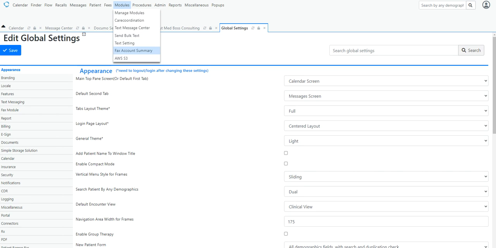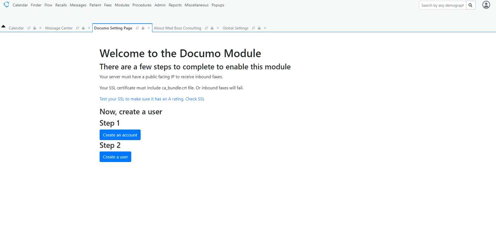says Fax Account Summary. When you open the Fax Account Summary, you should see this here. So those are a couple changes that have been made in order to get the module up and running